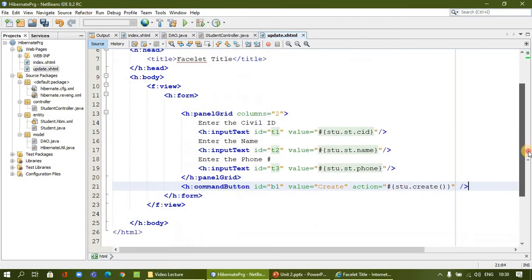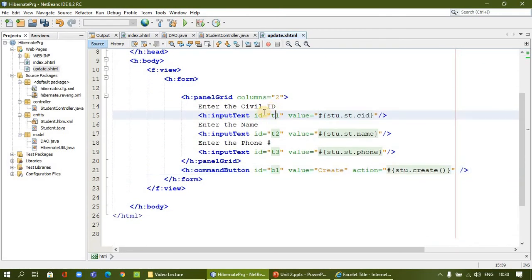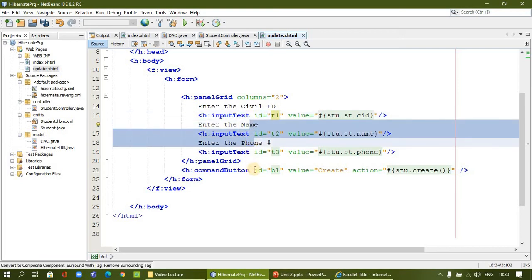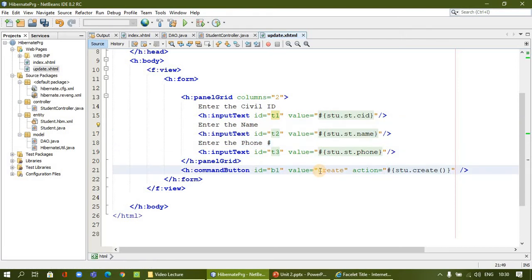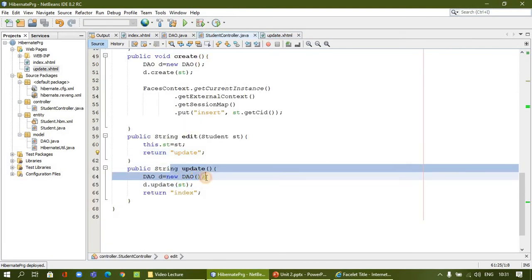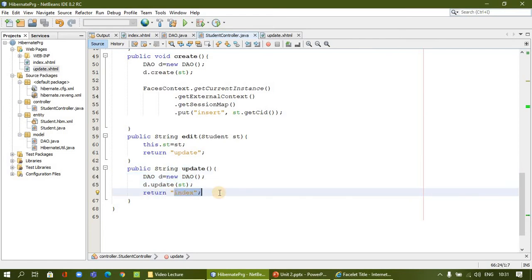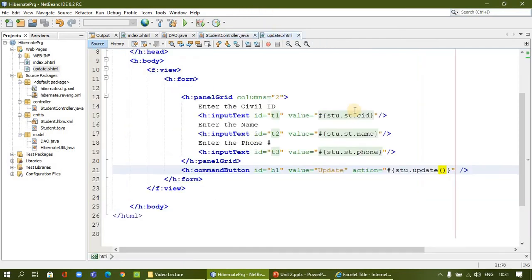Now you see I have text fields to show the civil ID, name, and phone number, and I have a button here, which we have to replace with update. The method we created is update. Once the update method is called, it is going to call the DAO and update the record, and it will return back to the index page, that is the home page.